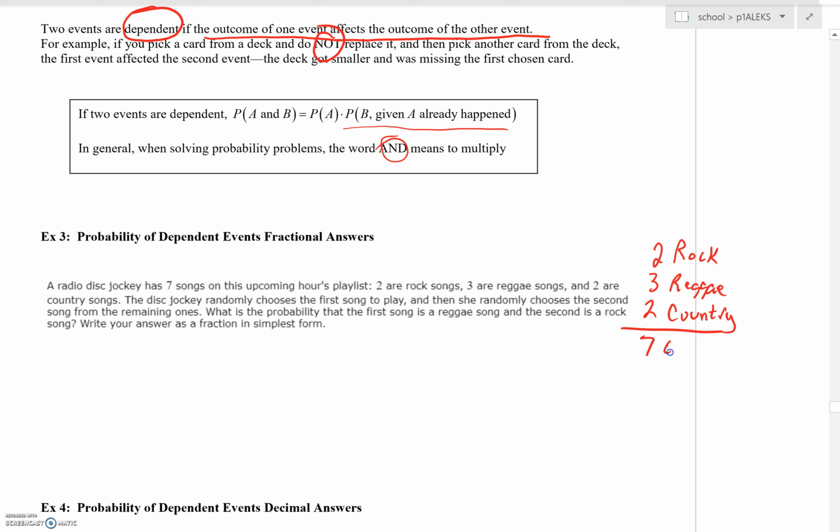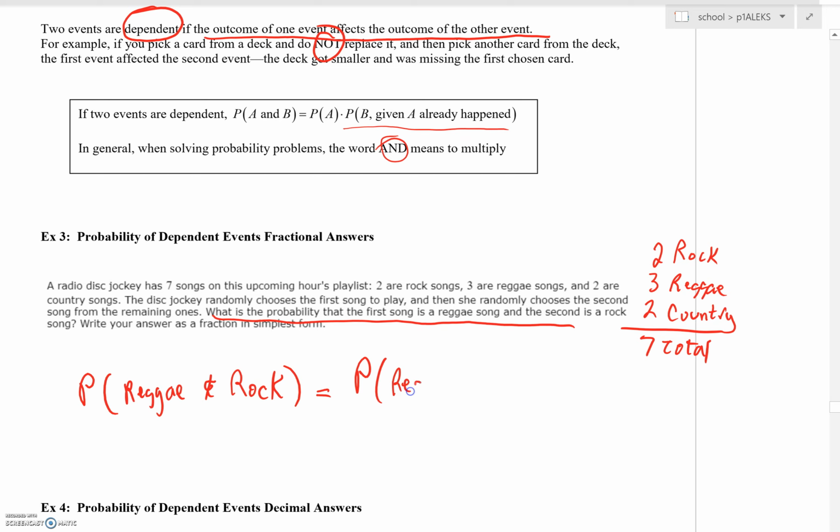And there are 7 total. So the disc jockey randomly chooses the first song to play, and then she randomly chooses a second song. What's the probability of first getting a reggae, and then the second is going to be a rock? So we'd say reggae and rock. Well, we're going to say first it's the probability of getting the reggae,